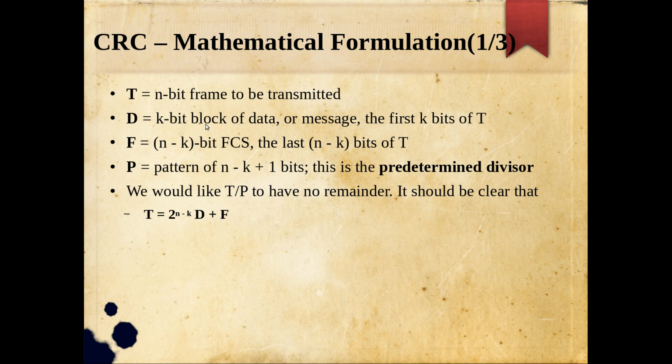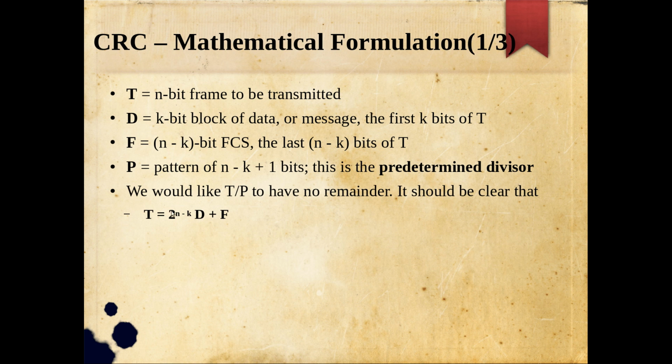In parity, you know how you generated that single parity bit. That is a frame check sequence, I mean the error detecting bit in the parity scheme. But here we have a sequence of bits, and we call it the frame check sequence. Finally we get some frame check sequence that we append to the original message. How are we doing that appending operation? It is not simply adding, that is something different. The concatenation operation is represented like this. That means with these k bits you have to append n minus k bits. So first you multiply these k bits by 2 power n minus k, so that n minus k zeros are appended at the end of D, the k bits, and then you add F, which is our n minus k bits.